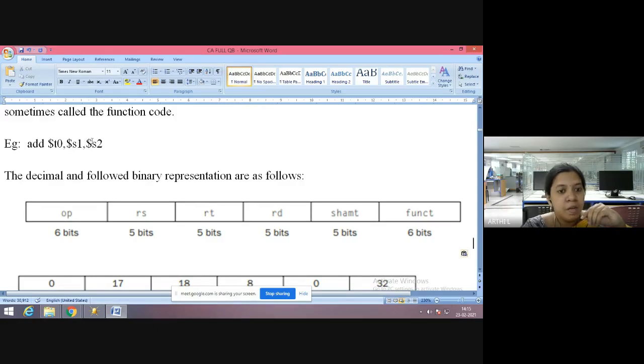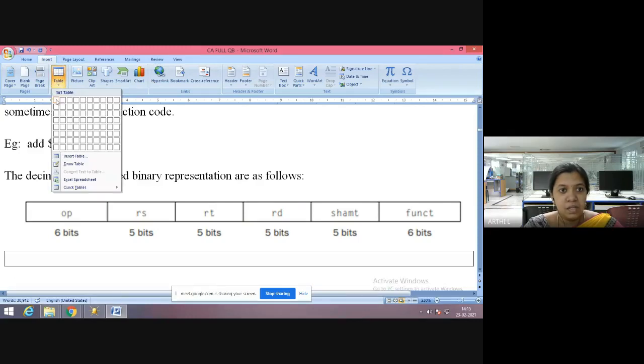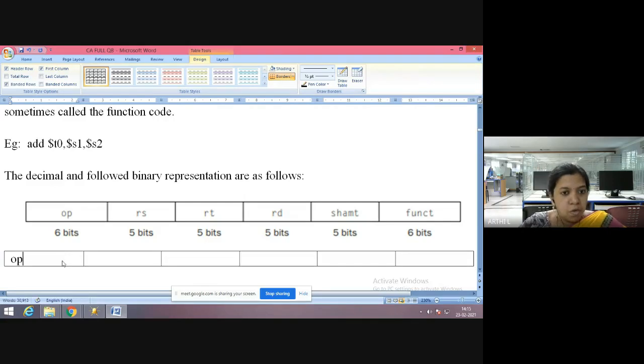Source 1 will be your RS, and source 2 will be S2, and T0 will be here. Okay, so let's try to draw that. We have 6 fields here. Here the opcode will be there. Next RS will be dollar source 1, so $S1. And this will be $S2, and this will be $T0. This is T0, and shift amount as usual, SHAMT.